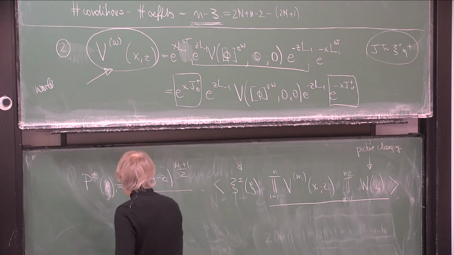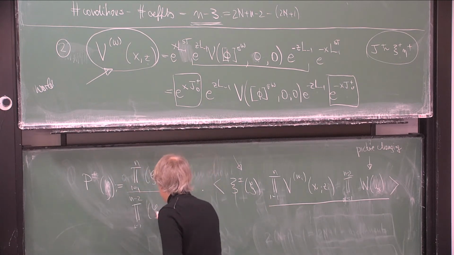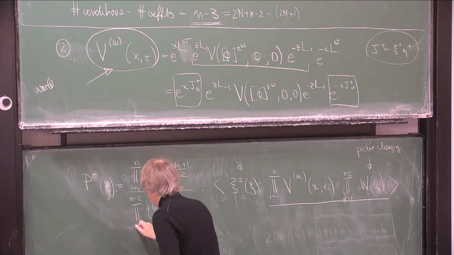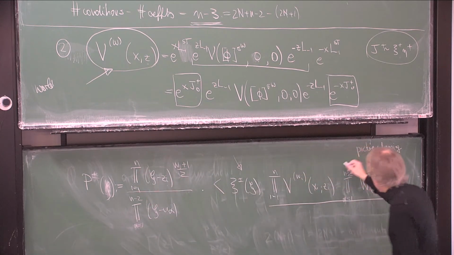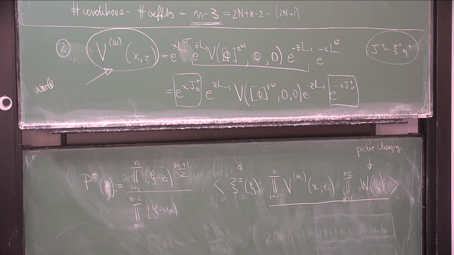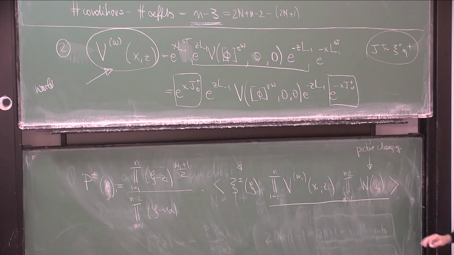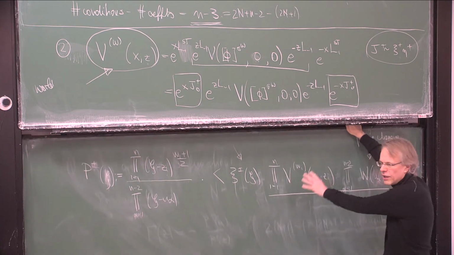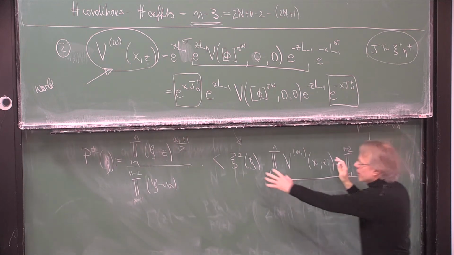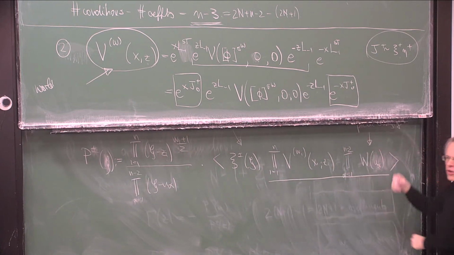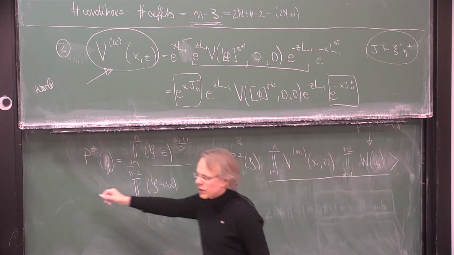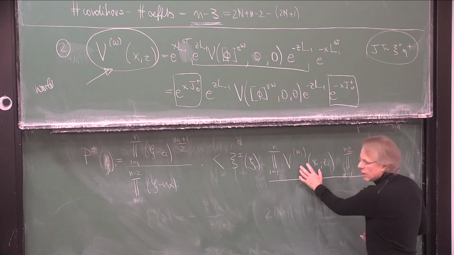So there's a product going up to n minus 2 of zeta minus U alpha, with alpha equal to 1 to n minus 2. This is just from the picture change. U alpha are the insertion points where you introduce these picture-changing operators, but they drop out at the end. It doesn't matter where you sit. When you calculate these superstring correlators, you have to do this. It's not just the correlator, you have to change the picture, absorb the charge, and that's the effect of it. So I'm defining these correlation functions,